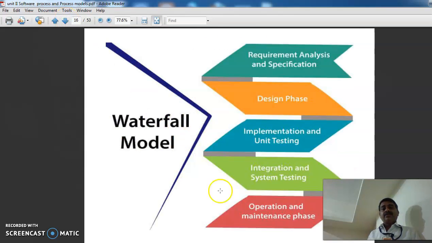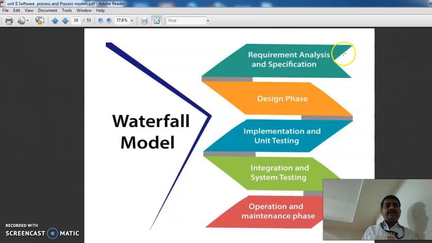Now, this is the waterfall model. The first phase is requirement analysis and specification. The second is the design phase, then implementation and unit testing. The third is integration and system testing, and then the operation and maintenance phase. So this is the diagram. This is the flow.